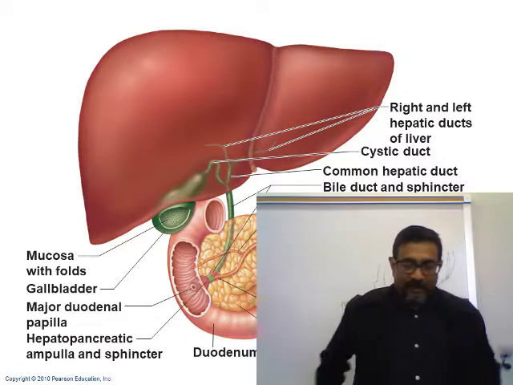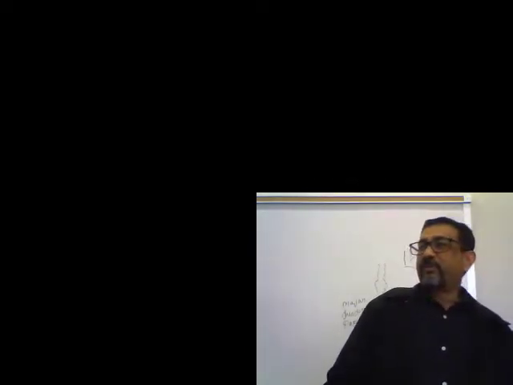And that's why the function of the gallbladder is storage of the bile and concentrating the bile. So storage and concentrating bile are the functions of the gallbladder. Make sense? And then when you eat fat-rich food, the gallbladder constricts, contraction of the gallbladder occurs. Make sense? That will push the bile out